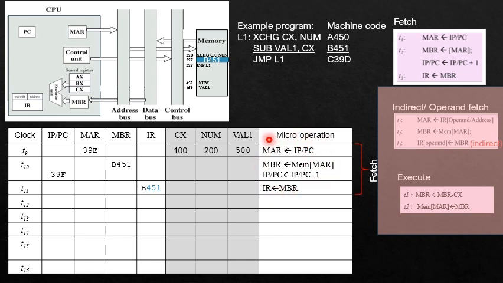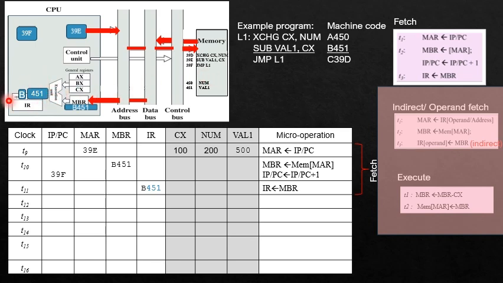The first micro operation will pass the 39E to MAR, as stated here, and then the second micro operation will take the instruction at 39E to the MBR. At the same time, we increment the PC value for the next instruction cycle. Then finally, in the fetch subcycle, we pass the B451 hex value that represents the sub instruction to the instruction